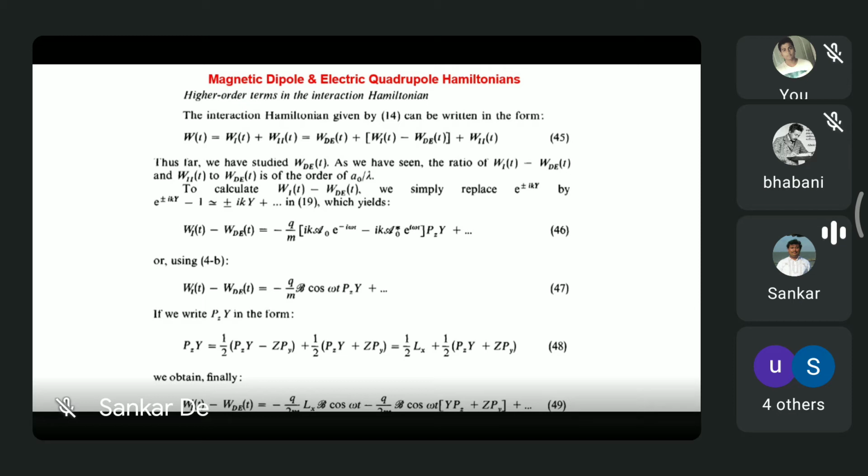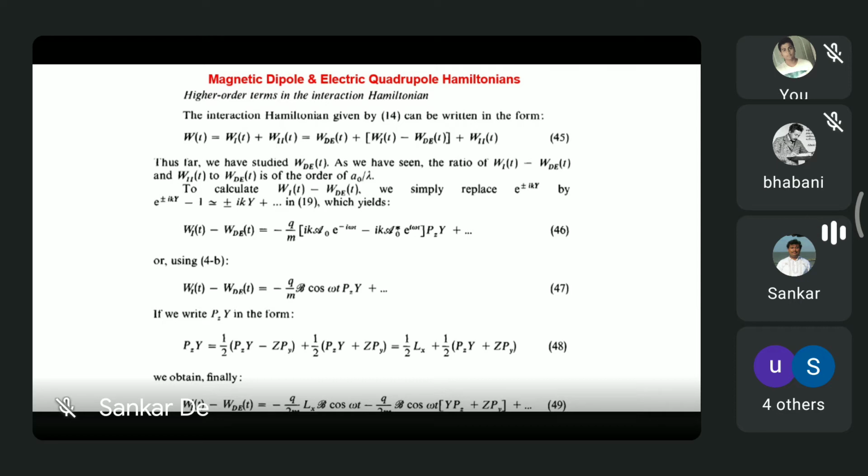Therefore, the higher orders of the power expansion of e to the power plus or minus iky are to be added. So this term is W1 minus W_DE. This subtraction leaves only the higher order terms of the expansion of e to the power plus or minus iky,